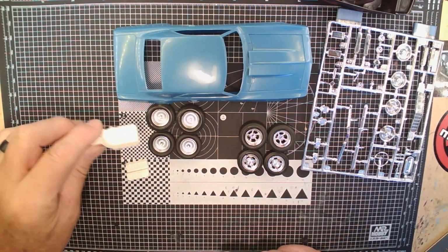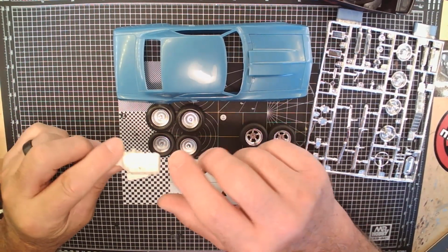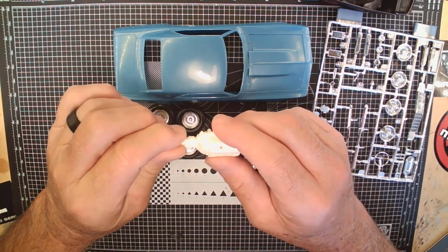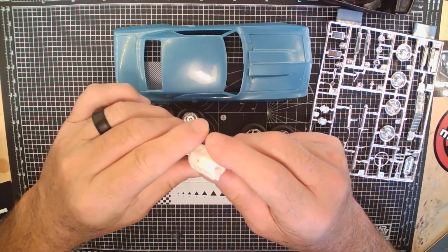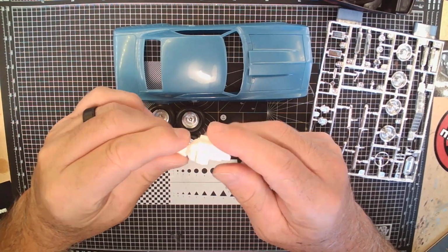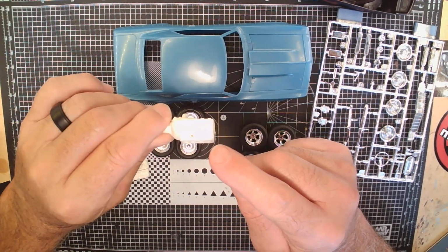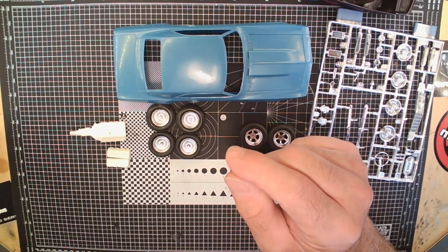With that being said, this one is going to have a big block Chevrolet in it. If you're familiar with my fond love affair with the '67 Revell Pro Street kit, this is one of the engines from it, and it really does build up into a nice engine. So I took one of the '67 Revell kits that I've got and robbed the engine from it, as far as the heads, the valve